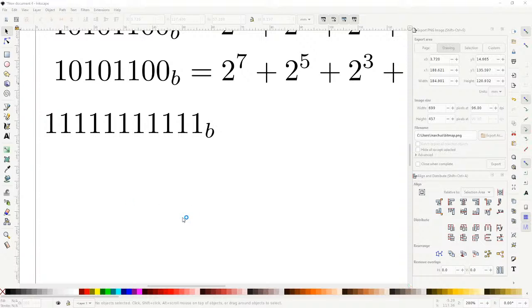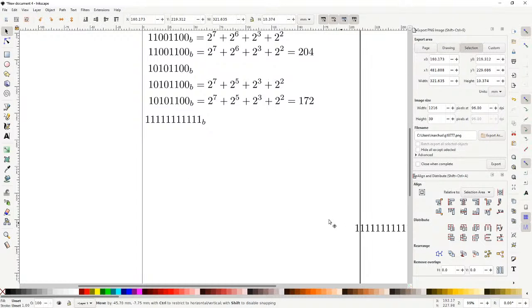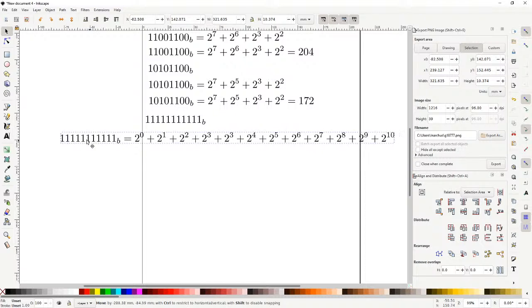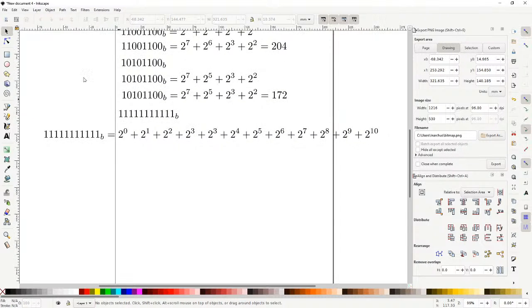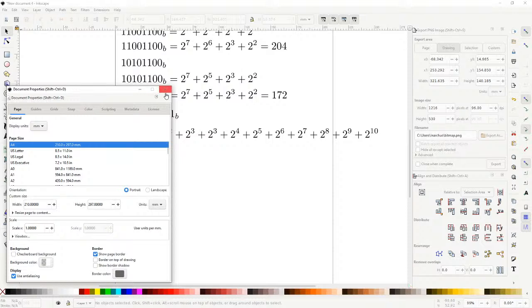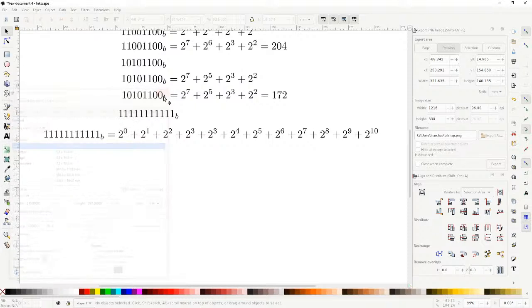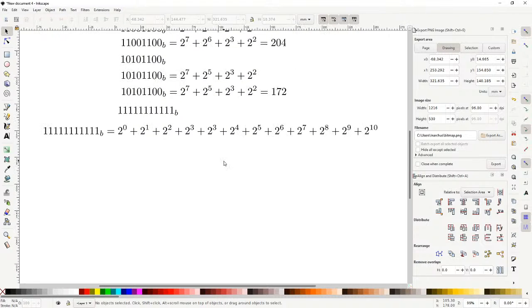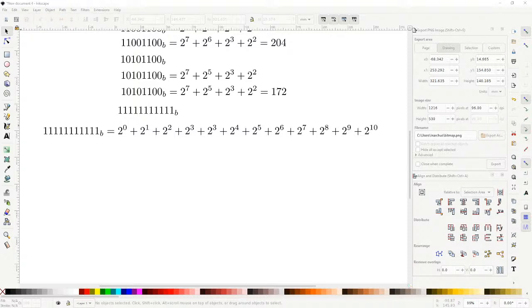And so, here's the thing. Whoa. That's way too much for a single screen. But there it is. Maybe I'll remove the page border. Okay. Yeah, so this is going to be 2047, and the reason why I'm pretty sure that that's right is because